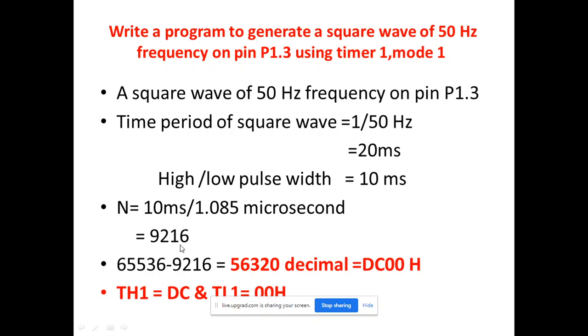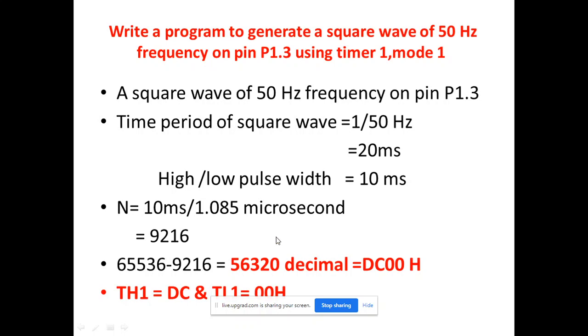Now this n value you subtract from the maximum value. You are interested in mode number 1, and mode 1 maximum value is 4 times F, which is 65536. So 65536 minus n is equal to the answer.